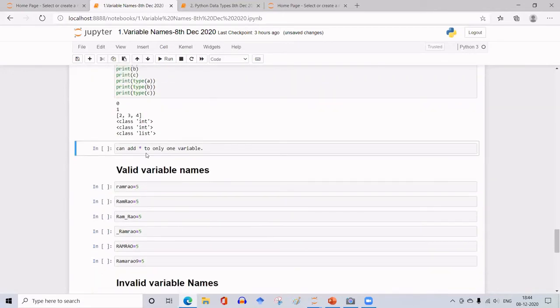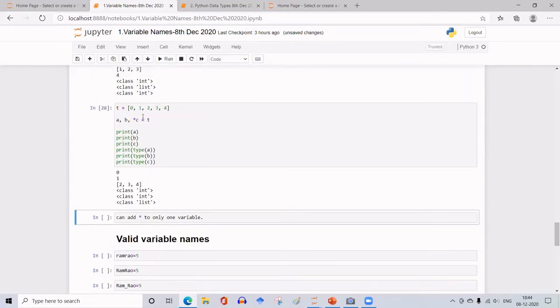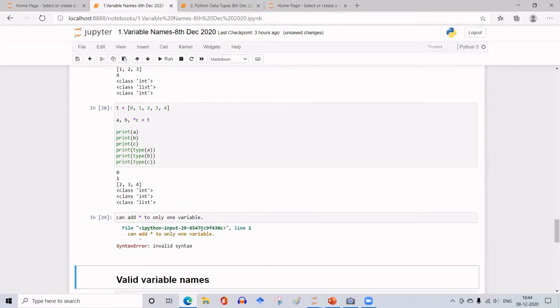And you can add this asterisk to only one of the variable names, not more than one. That is what you have to remember here. And see, this is a cell where I have written some information: can add asterisk to only one variable. If I execute this cell, you will get an error.